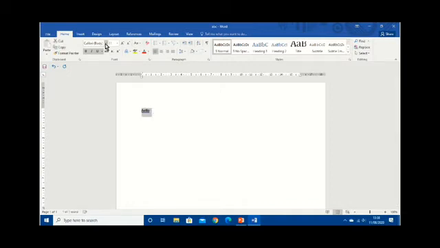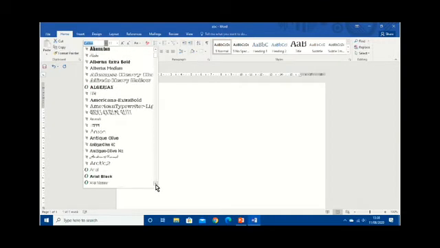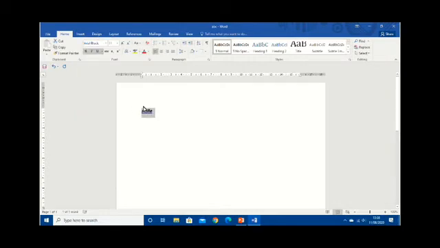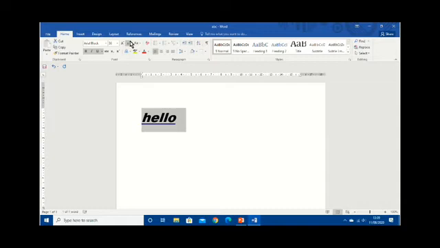Now again I am selecting it and choosing the font style. These are the font styles. Scroll the screen. Choose any one style. Suppose I selected Arial Black. It is applied on my text. Beside that, size is given. You can increase the size of your text. This way you can select it. Directly also you can increase the size by this option. See, you can increase the size and beside that you can decrease the size.